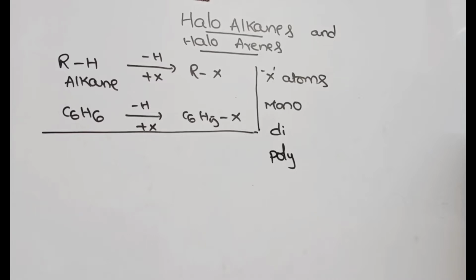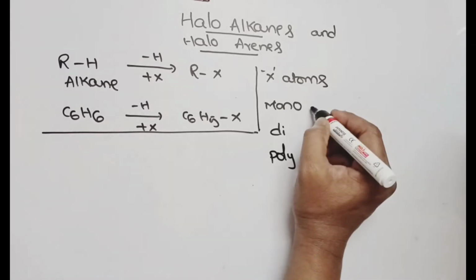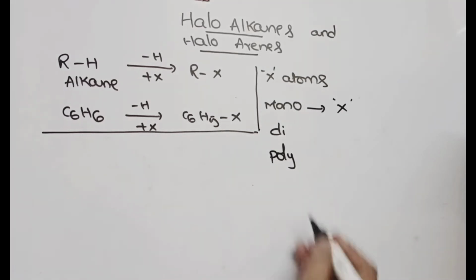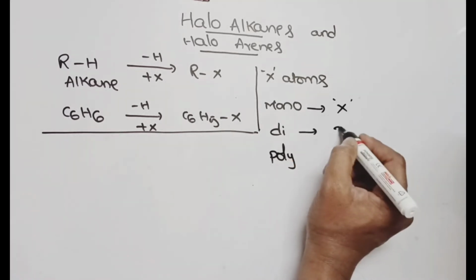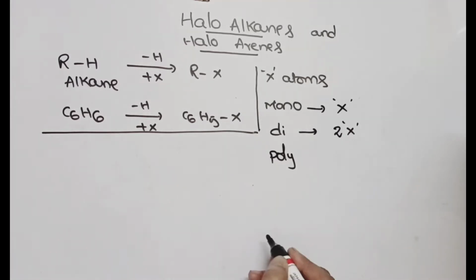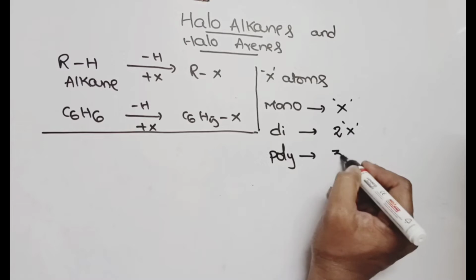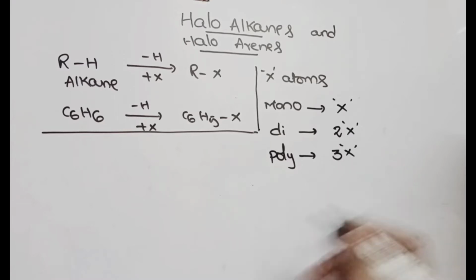and polyhalogen derivative. Monohalogen derivatives consist of only one halogen atom. Dihalogen derivatives consist of two halogen atoms. Polyhalogen derivatives means which consist of more than two halogen atoms. More than two halogen atoms consist of 3, 4, 5. Next,